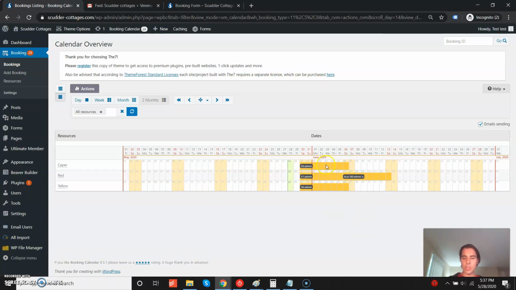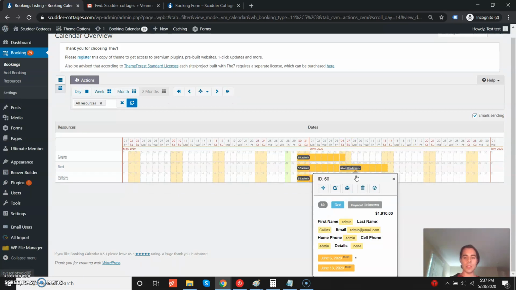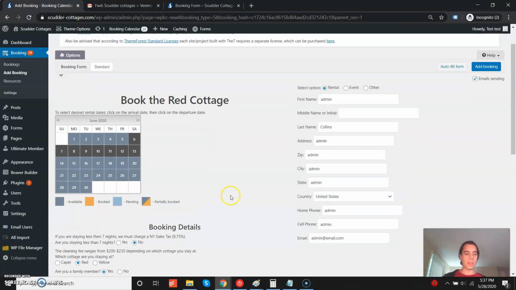You can see this 1 week is booked for all 3, and now here we've just made a booking for the red. So we'd need to go in and do a booking now for caper and a booking for yellow for those to appear. I do want to show you, just in case you're curious, that the one we just made is this booking here, starting on the 6th. If I click that, you can see some of the details, and I can even click this pencil and go in and change some of these settings,